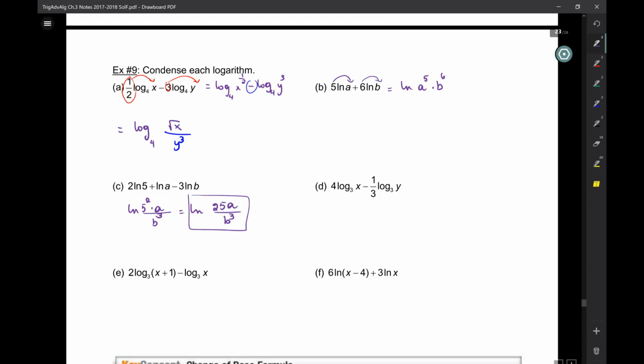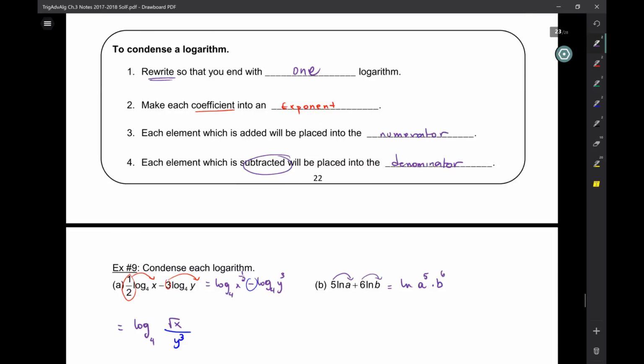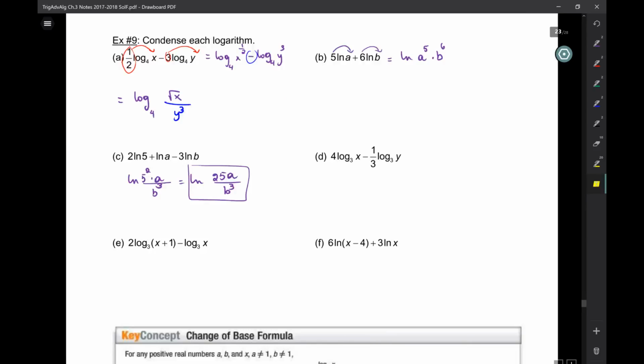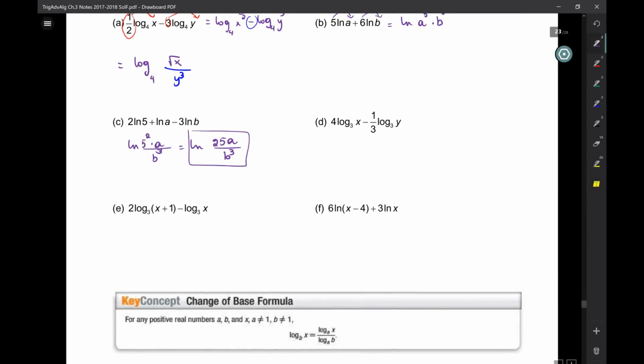So how do you know to not write ln? Oh, so it's just one ln. ln's at the beginning. Right. There's always just one, because remember, when you're condensing, we're going to rewrite so that you end with one logarithm. Okay? All right. So the next one then,